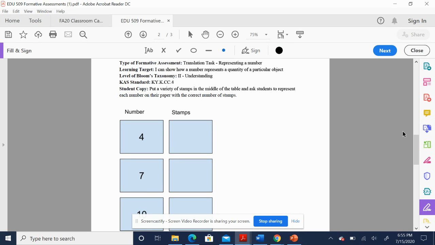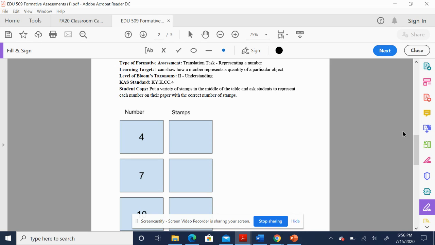Okay, so this is one someone in your class has created. It's a translation task. They're going to ask a student to represent a number. The learning target says, I can show how a number represents a quantity of a particular object. So I guess we're going to count some things. They've said this comes from understanding. Also, I think you could make a case for application or knowledge here. And they have the standard listed as